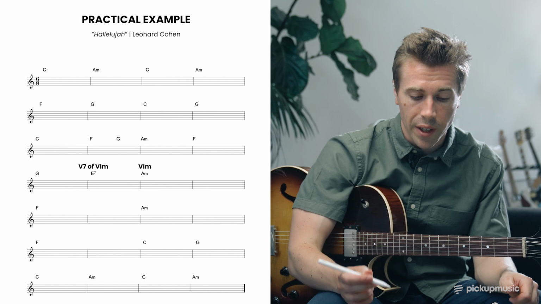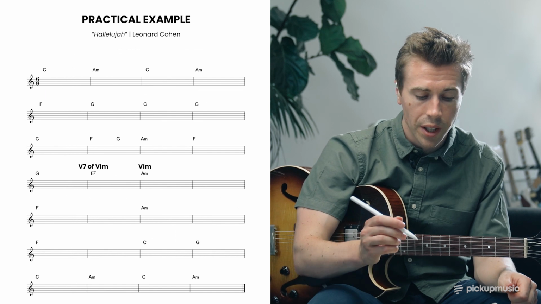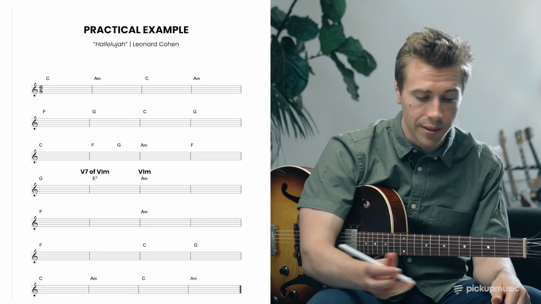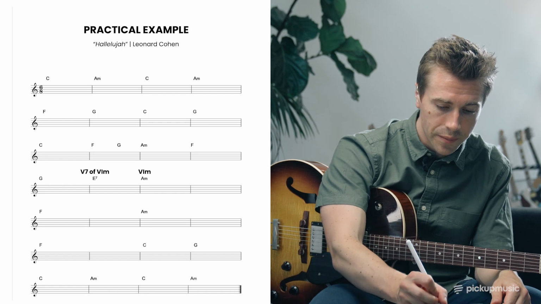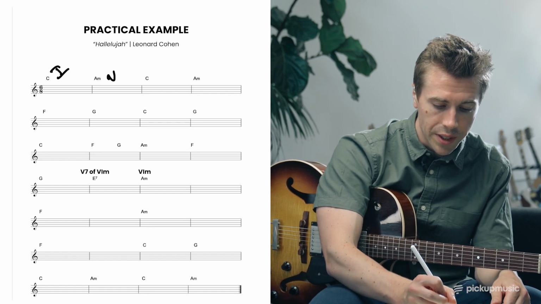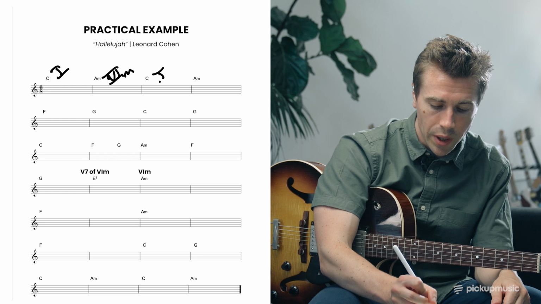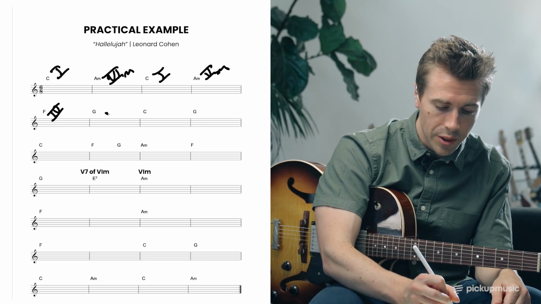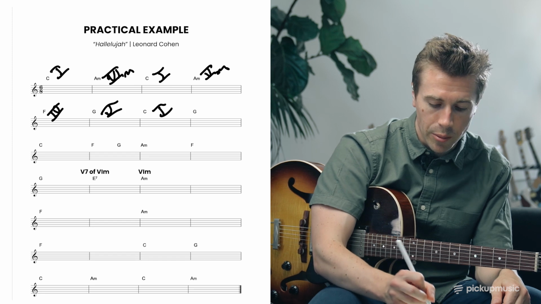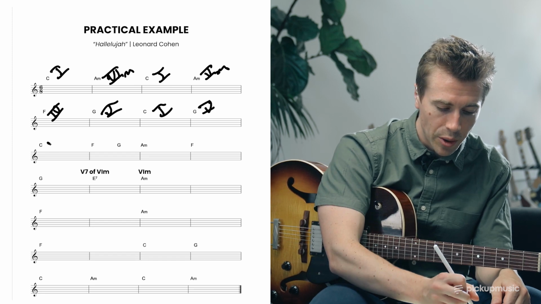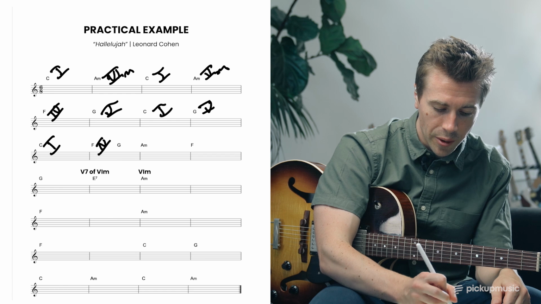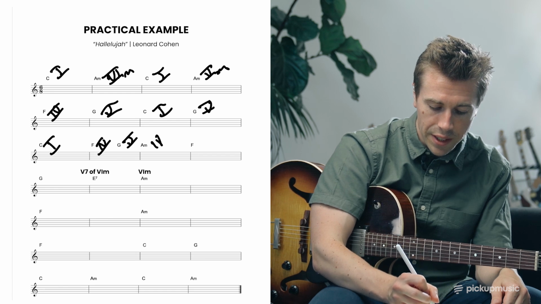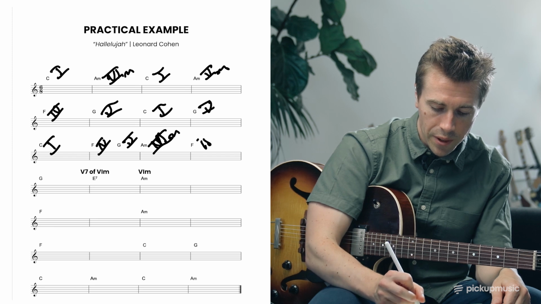So let's have a look at our final practical example. So we have Hallelujah here. We're in the key of C, and we're going from a 1 chord to a 6 minor to a 1 chord to a 6 minor to a 4 chord to a 5 chord, back to the 1 to a 5 chord, almost there. 1, 4, 5, 6 minor, 4,